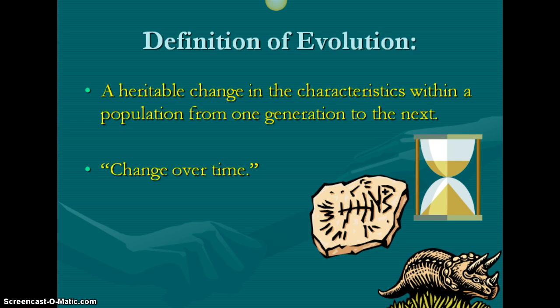So we talked about back in previous chapters that we have the possibility of a dominant or a recessive trait. And in some characteristics, we have codominant traits or multiple allele traits. And so when we're looking at this possibility of difference between organisms, we're looking at which organism has the dominant trait, which organisms have the recessive trait, and which one is better suited for the environment to pass on their traits more often. And that's how we see the change. We see the change based on the genetics that are already available. It's not one organism deciding they were all of a sudden going to be able to do something else.